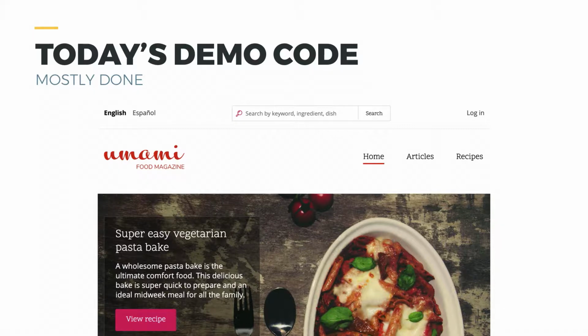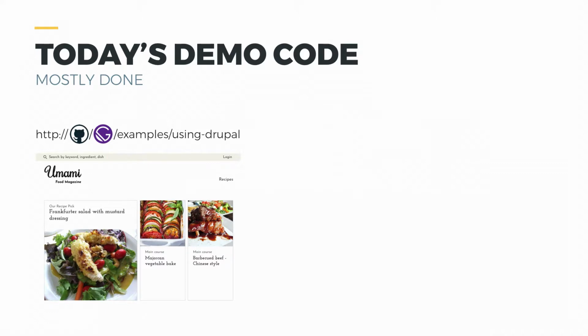Today, the demo code that I am writing for this presentation is mostly done, but it's completely done as far as this presentation goes. Drupal has this really cool install profile called Umami. If you install a new Drupal site and you use the Umami demo profile, it gives you this lovely website with a whole bunch of sample content. And the JSON API people did a great job. They actually created a Gatsby build